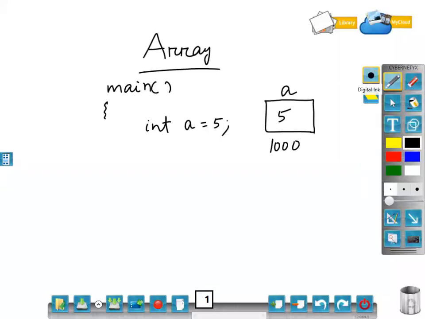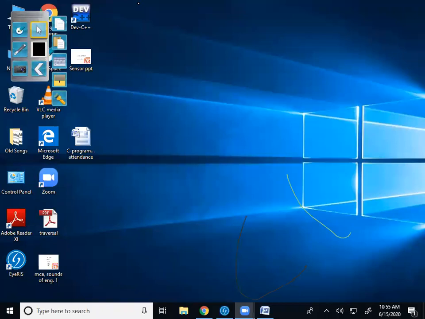Now, when my first objective is over, that I can store a value in a variable, then the next thing will come to my mind. Okay?